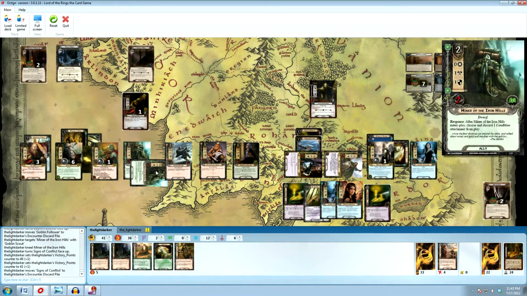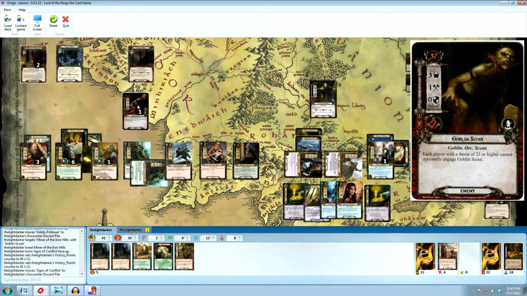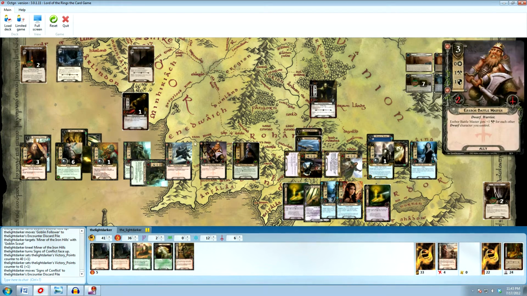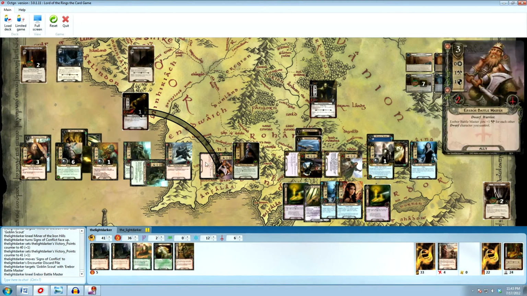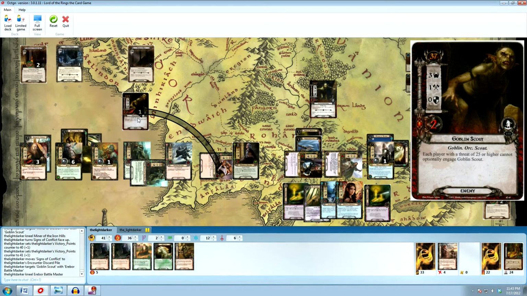The Miner of the Iron Hills has 1 defense, 1 attack strength, does no damage, and then in return I'm going to go ahead and swing with the Erebor Battlemaster. So he's going to swing for +1, 2, 3, 4, 5, 6. He's going to swing for a total of 7, which brings the Goblin Scout to a total of